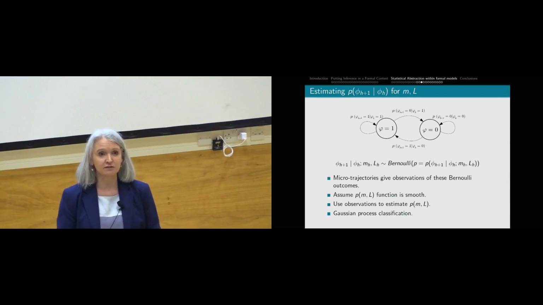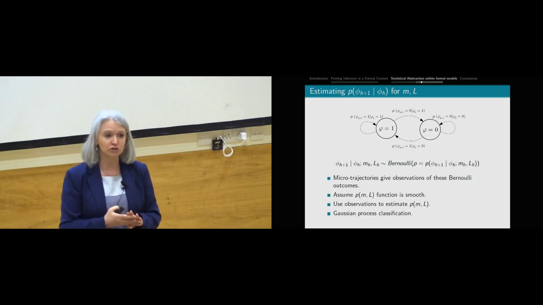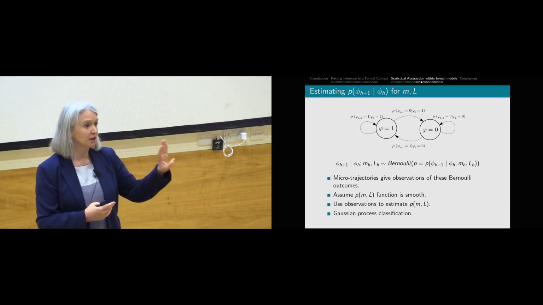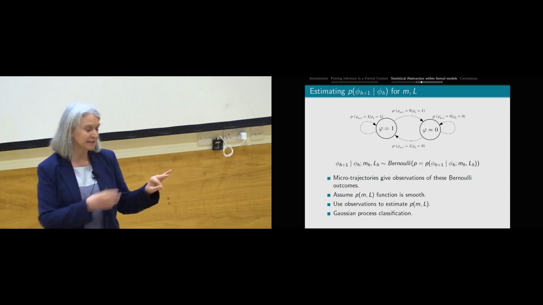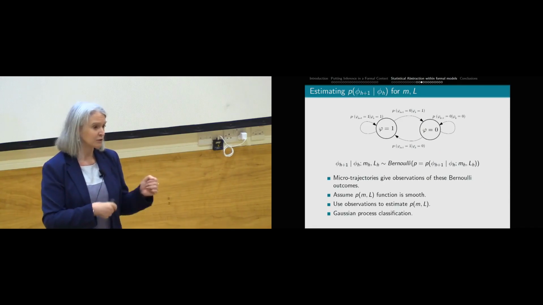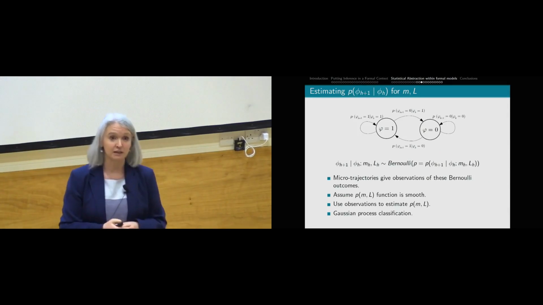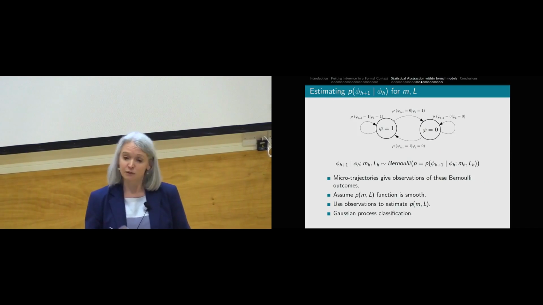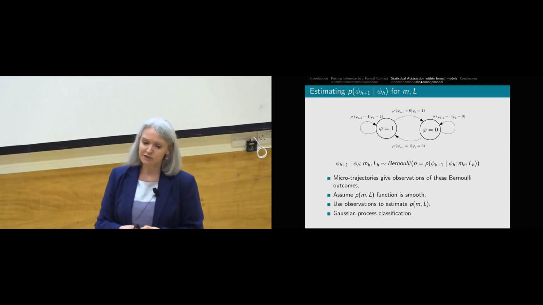So we're reducing from having this whole mechanistic model to just having a lookup table, essentially, that we can say, okay, if I was running and now my value is L equals 6 and M equals 5, I should keep running. But if it's L equals 6 and M equals 2, then I'm going to tumble. That's the basic idea of what we're trying to do. It becomes much more efficient to run the model, but first we have to build that lookup table or map. So how we do that is using,